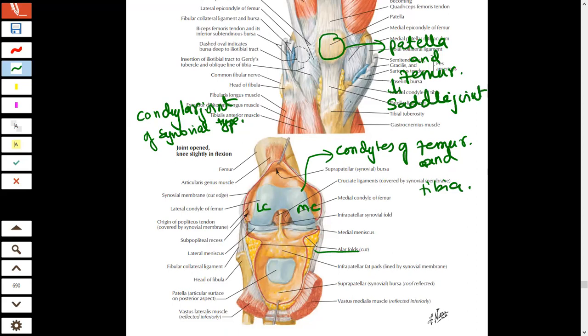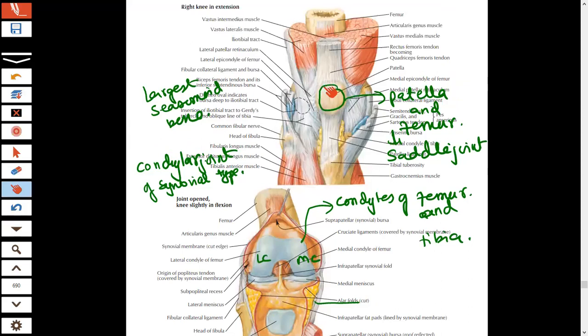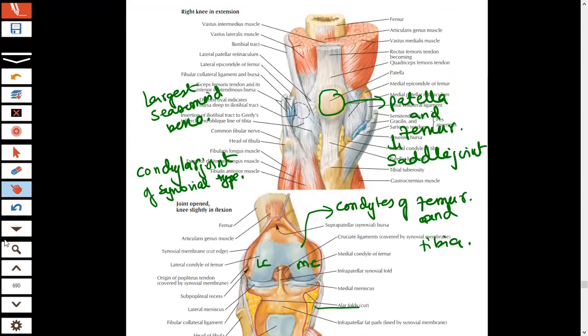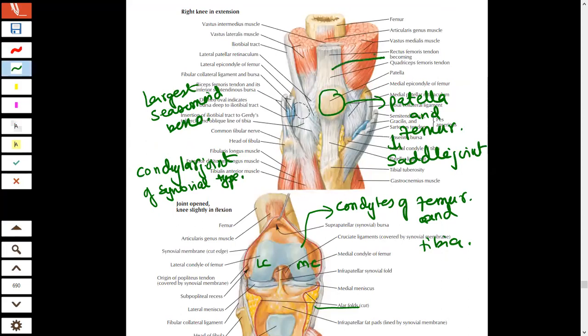Okay, and please remember that this patella, it is the largest sesamoid bone. So this is the largest sesamoid bone, and it is present in this tendon. Okay, so what is the name of this tendon? See here, everyone. So this is the quadratus femoris tendon, which is present in front of the knee joint. It is this tendon, and now it is having this patella bone as a sesamoid bone in the tendon of the quadratus femoris muscle, and now it is going to join here at the